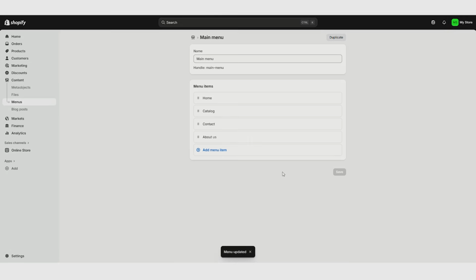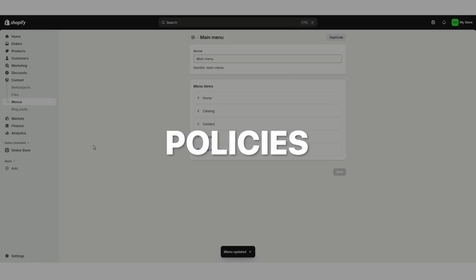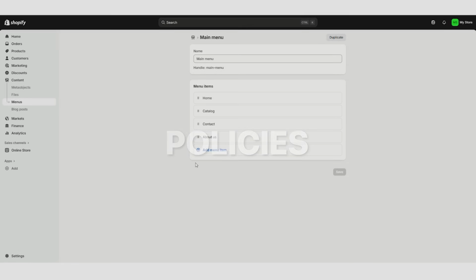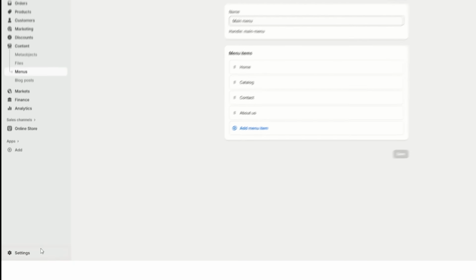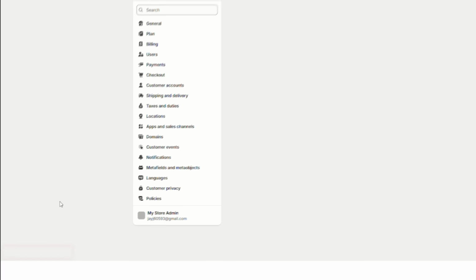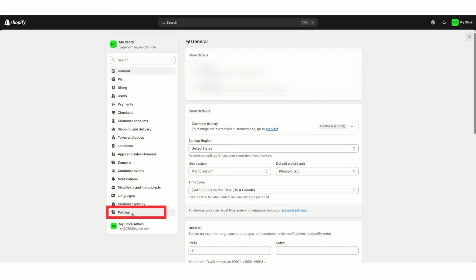Next, we need to add some of your store's policy pages as well. This is going to be very important. And so things like your refund policy, privacy policy, your shipping policy, and your terms of use. Many of these pages are required to have if you are selling things online, and so you cannot skip this step. So to do that, go into settings and then policies, and as you can see,